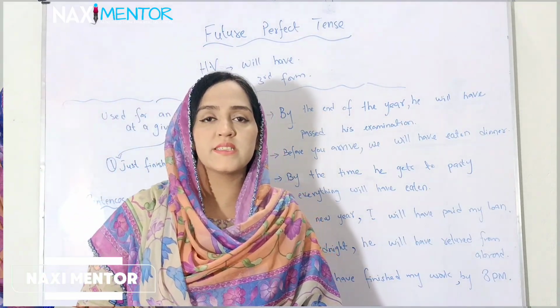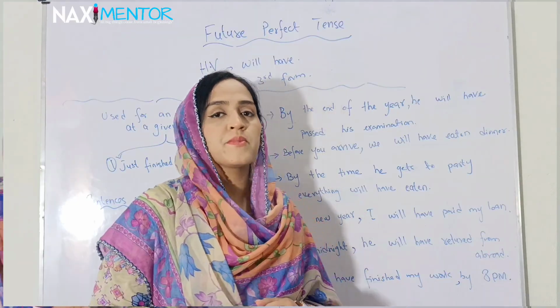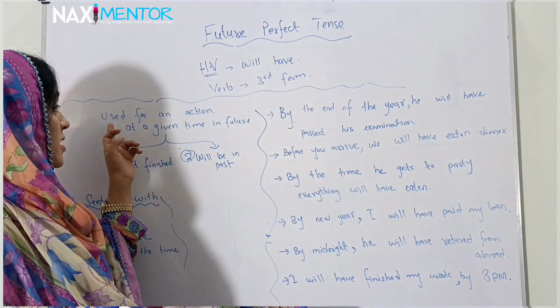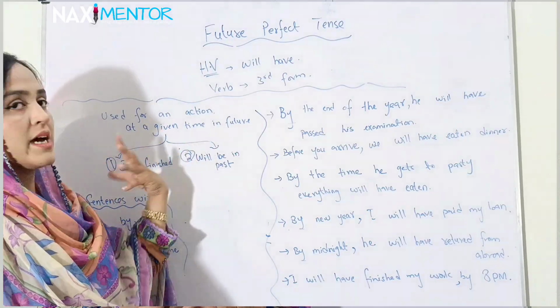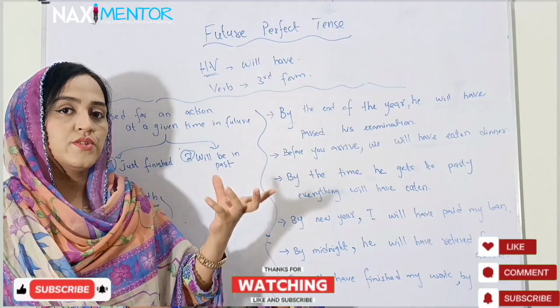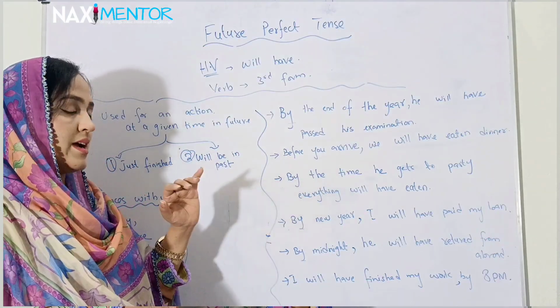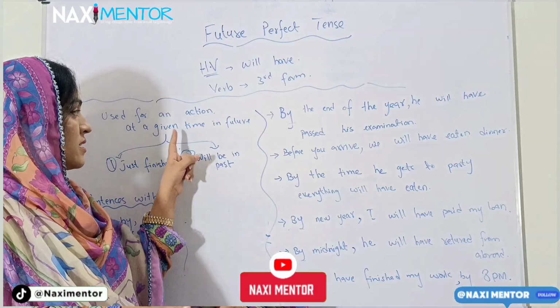Let's make our next tense, that is future perfect tense. What is future perfect tense? It is used for an action at a given time in the future. Any action that is in the future at a given time in the future, and the two conditions are that